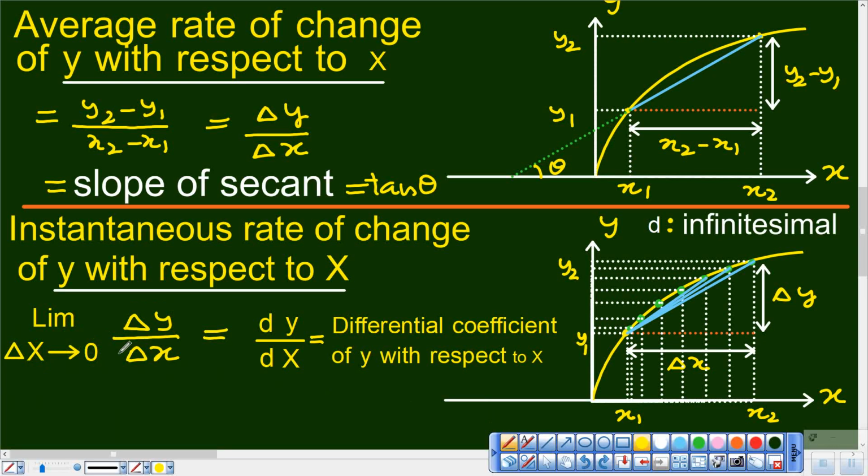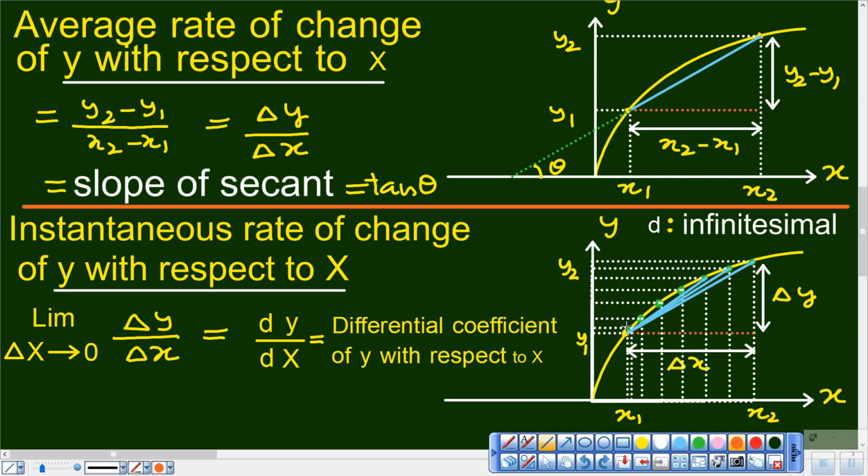We are not writing it, but when the point moves nearer and nearer to the first point, can you see that x is also decreasing from this much? It has become this much, this much, this much, and in a similar manner, y is also decreasing. That is, delta y is decreasing from this to this, from here to here, and finally from here to here. So both are becoming small, and finally just check out what happens to the secant.